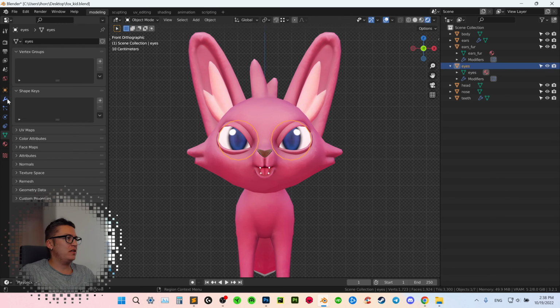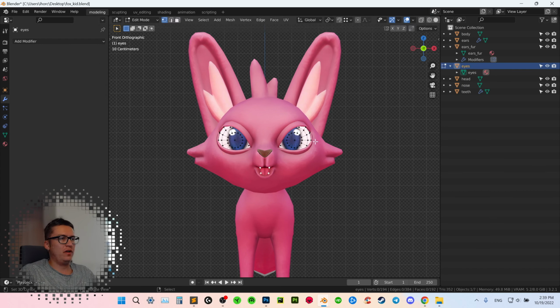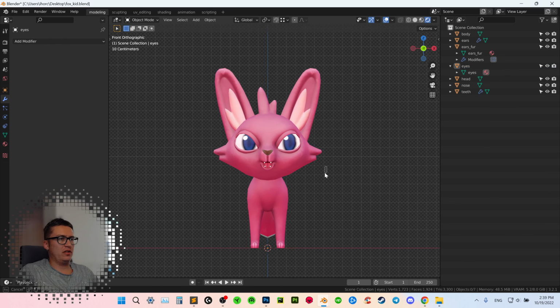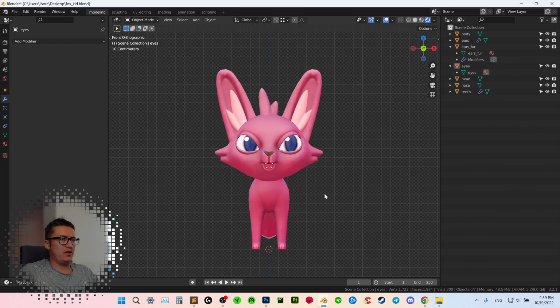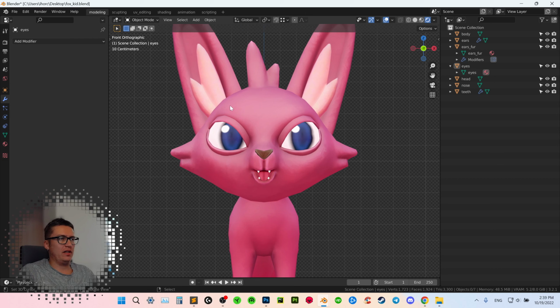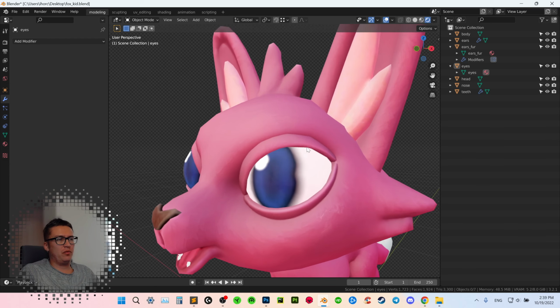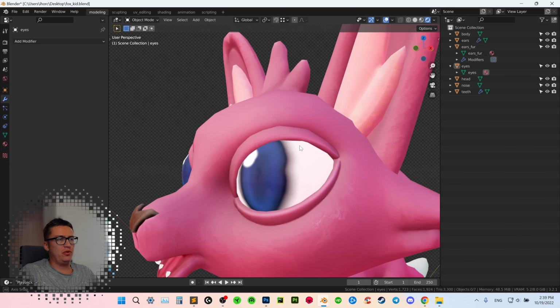So how should we fix it? Just apply the mirror modifier and maybe go to one of the eyes and do it like that. As you can see, now we have a much better and more logical baked highlight on the character iris. And one more point about the too blurry